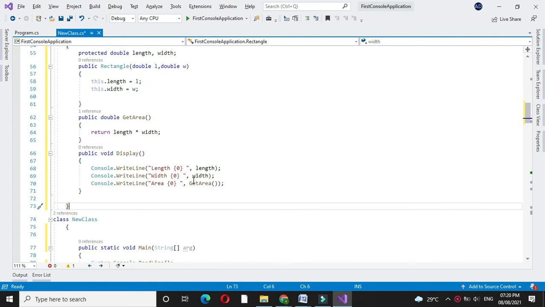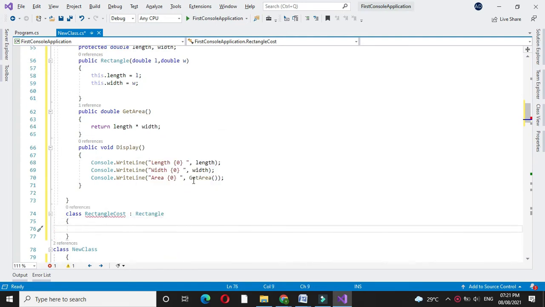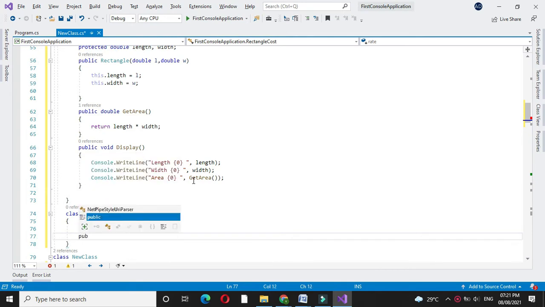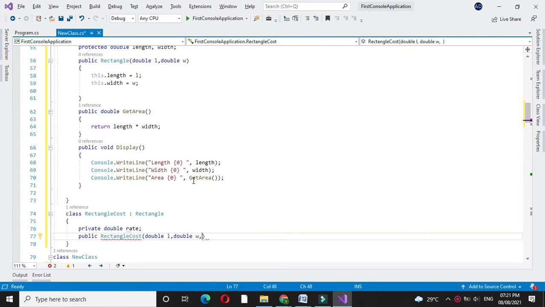Then we will declare another class rectangle cost, which inherits class rectangle. Here we will declare variable rate, and we will declare constructor rectangle cost with parameter length, width and rate.